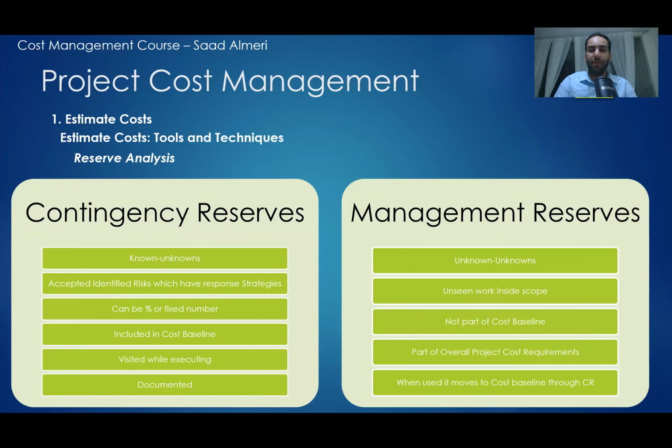One more tool we use here is called reserve analysis. And reserve analysis is something we put